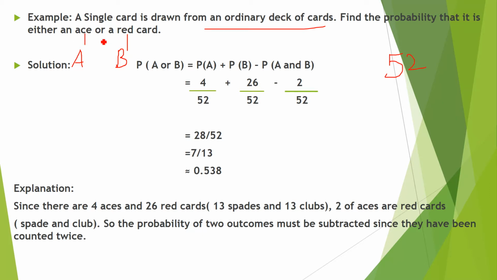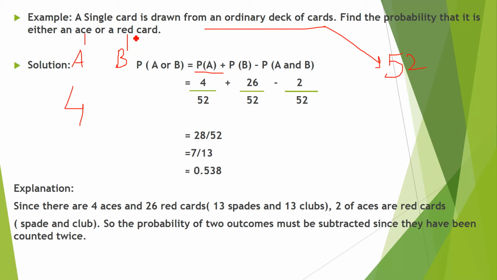So these are the two events, and the same formula, probability of A or B is equal to probability of A plus probability of B minus probability of A and B. First I will explain this to you. See, ace, so there are 4 aces out of these 52 cards. So we will write 4 divided by 52. 52 is called the sample space. Sample space is all possible outcomes. So in our deck, we have 52 possible outcomes because there are 52 cards. We write that in the denominator. In the numerator, we write the requirement, which is the ace. There are only 4 aces in our deck, so it will be 4 divided by 52.